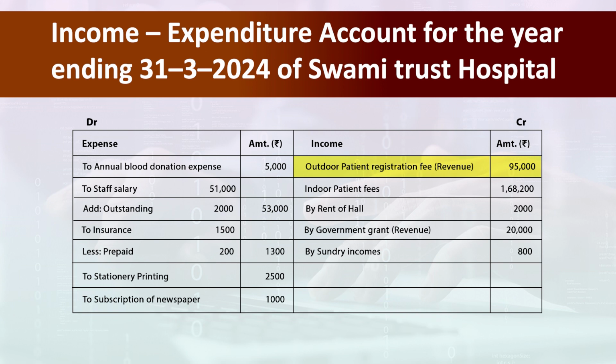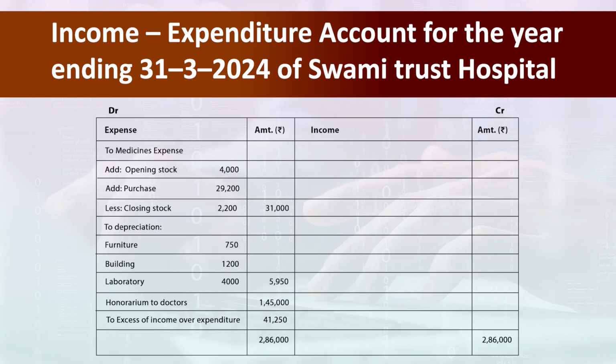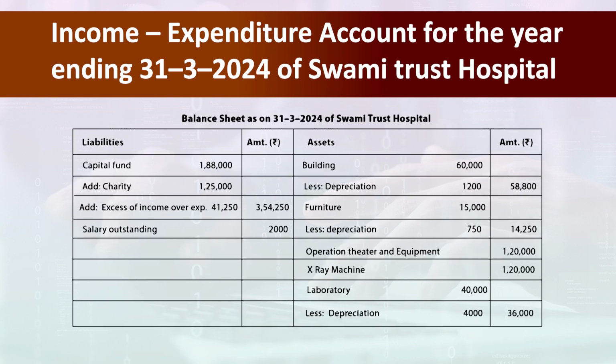a revenue as rupees 95,000. Indoor patient fees is of rupees 1,68,200. The rent of hall is rupees 2,000. Government grant, which is again a revenue, is of rupees 20,000. The sundry incomes is of rupees 800. The total of the income side is 2,86,000. On the debit side, we record excess of income over expenditure, which is 41,250. Moving on, we can see the balance sheet as on